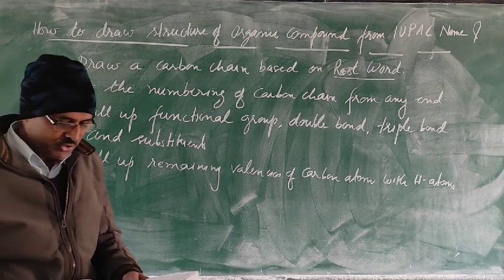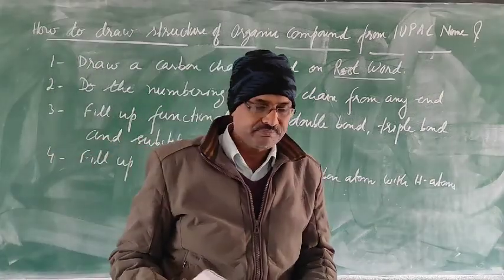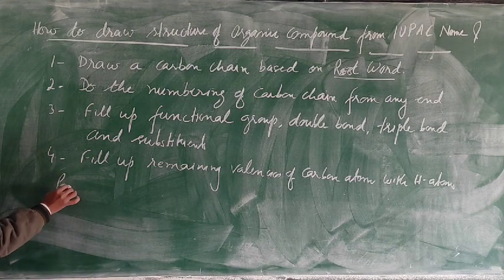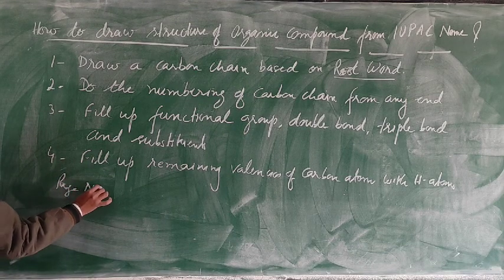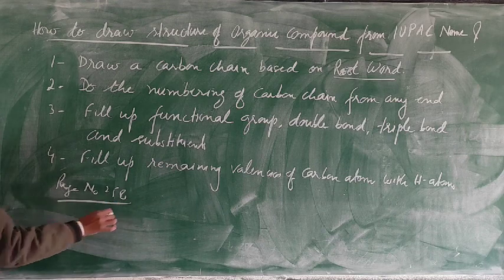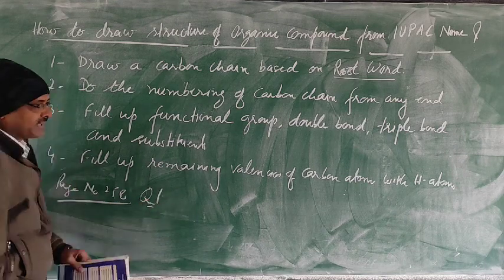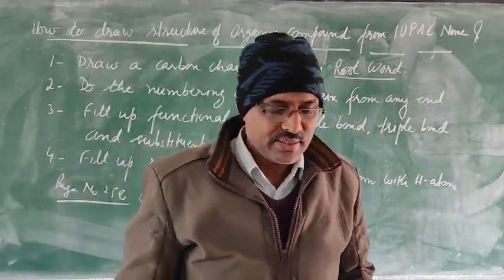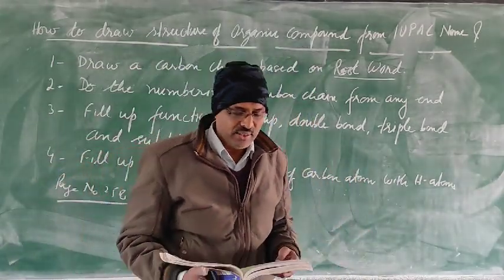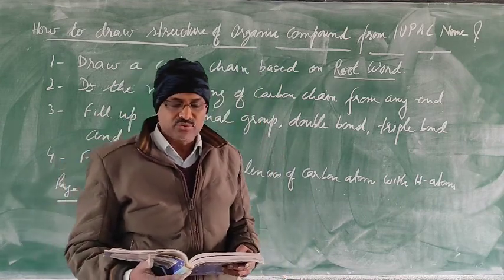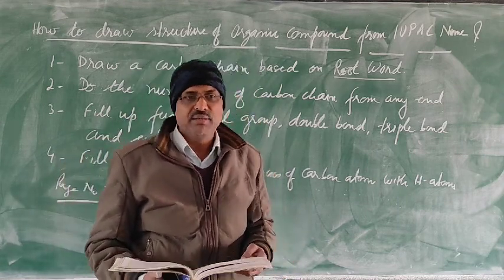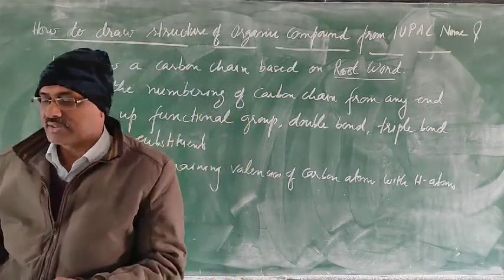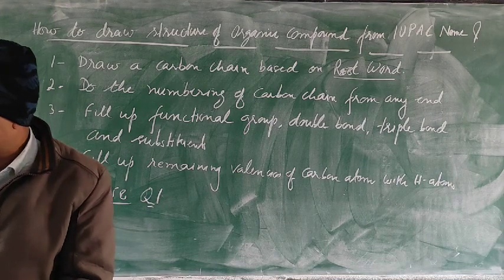And now you can open your book, page number 258. In page number 258, question first is given. Unit test paper 8 is given, organic chemistry. Draw the branched structural formula of the following organic compounds whose IUPAC names are given. In a simple way, the IUPAC name is given and you have to draw the structure. So one by one I am going to take.